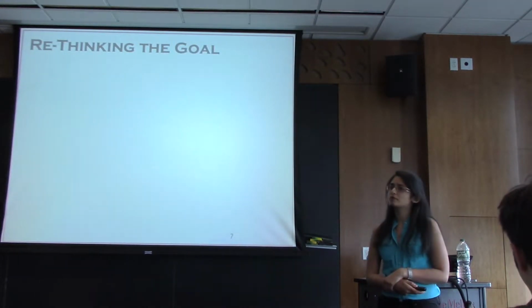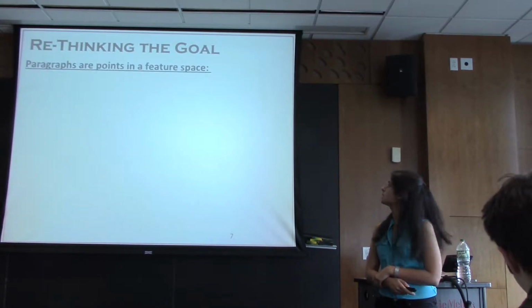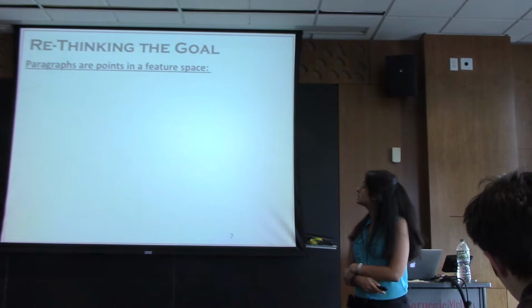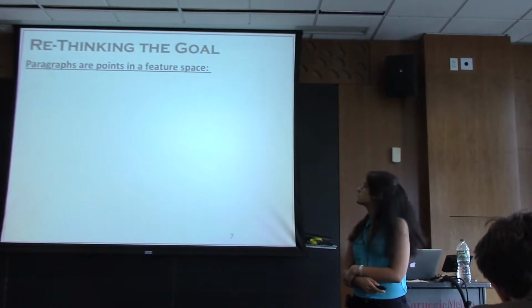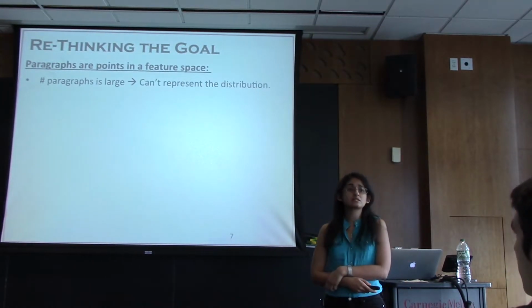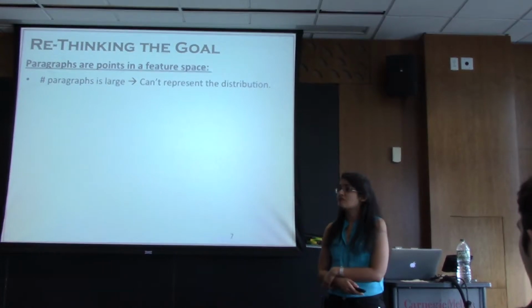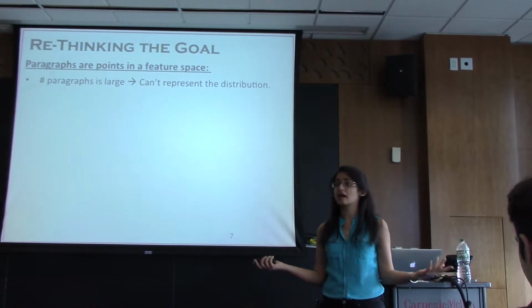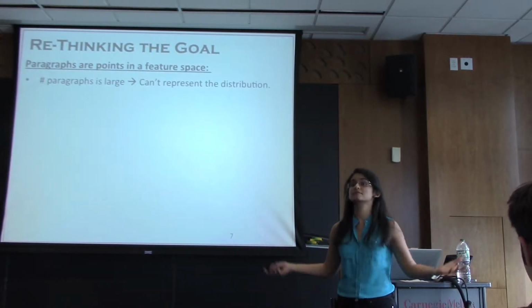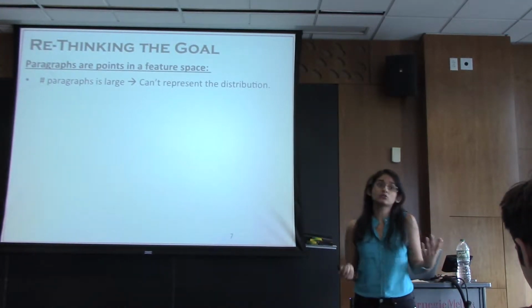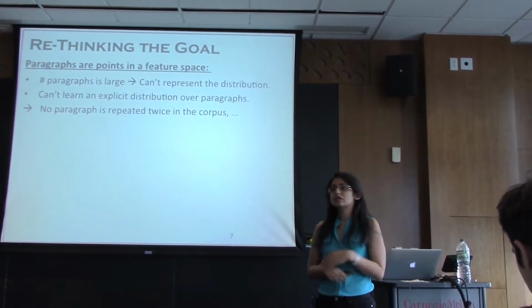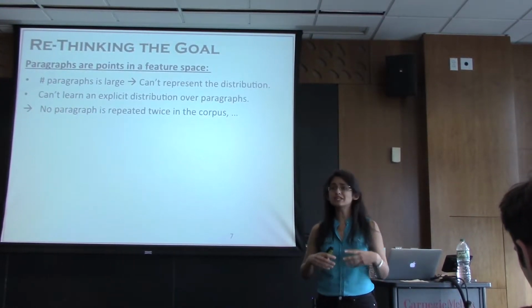The immediate problem with this model is that since the paragraphs are points in the feature space, they are very complex, so the number of paragraphs is large. If I were to talk about a topic as a distribution over paragraphs, it would be impossible even to represent this distribution, let alone learn it. The problem is that, because the number of paragraphs is so large, you wouldn't even expect to see